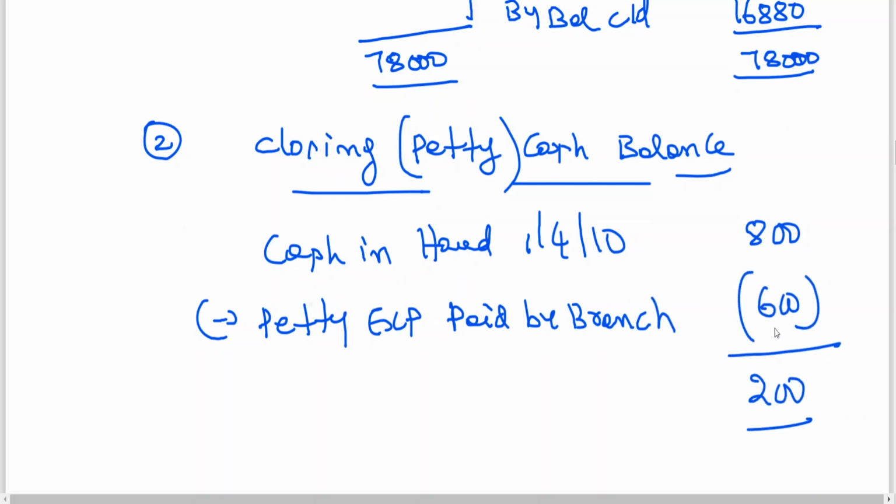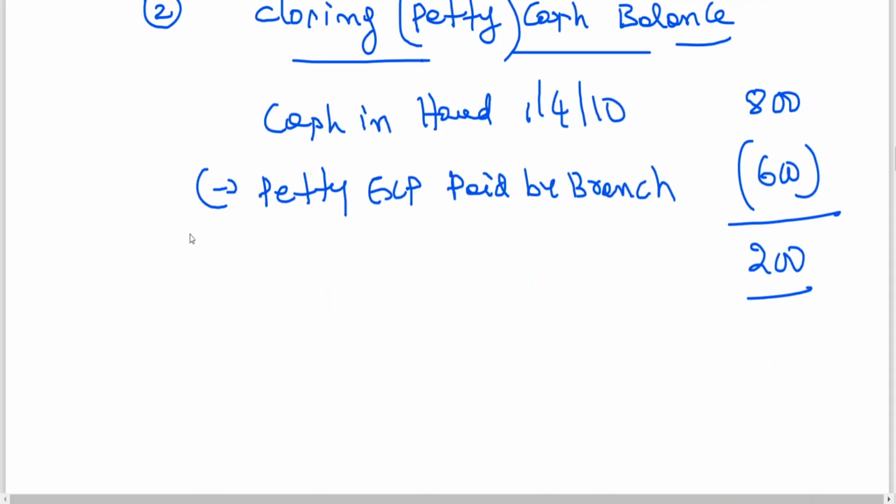If the same problem is given as imprest, then what do you do? This 800 you write on the debit side, 800 you write on the credit side, 600 you write on the debit side. Clear to all of you? 800 on the debit side, 800 again, and then on the credit side, then you write 600 on the debit side. That's it. That is how you will be writing. This is closing.